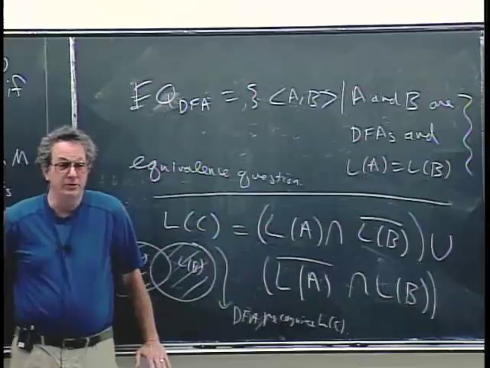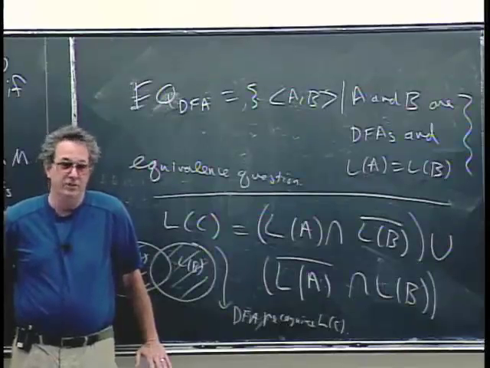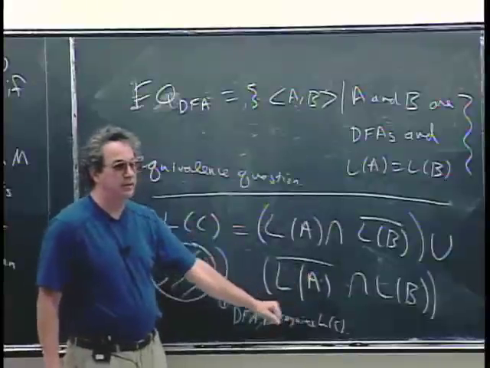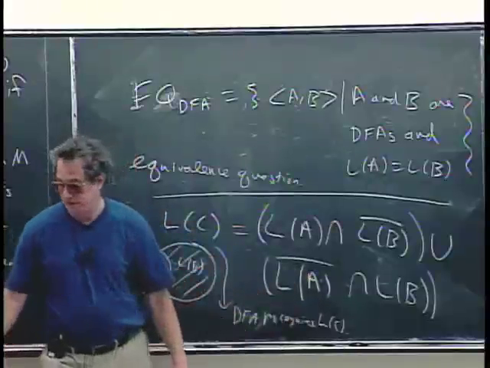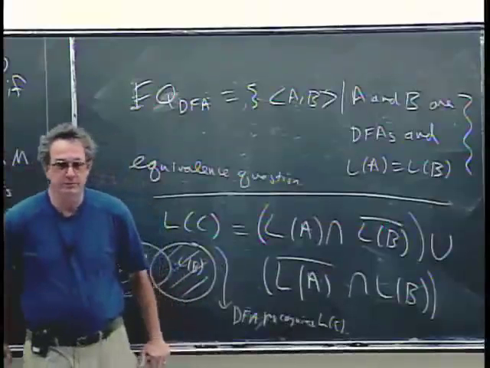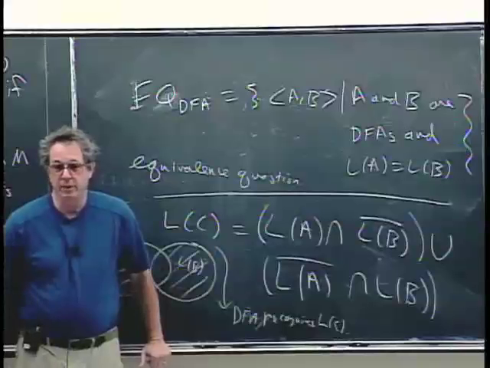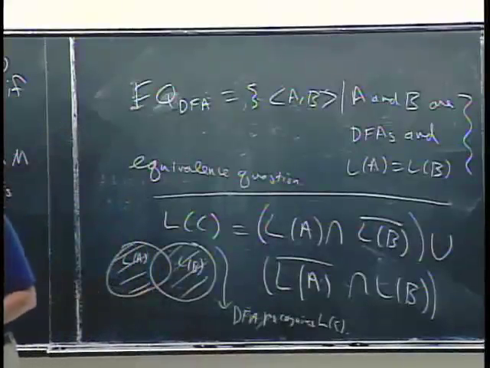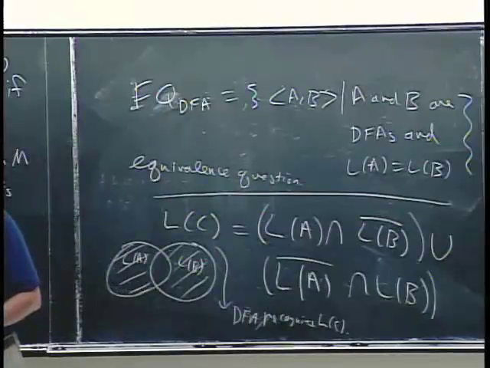Now this is a midterm question. This is definitely a legitimate midterm question. If I said, here's what L of C is, now describe how you could actually find the DFA for C. I mean, you have the DFA for A and B. Yeah? Maybe if you process all three of them at the same time and you accept it